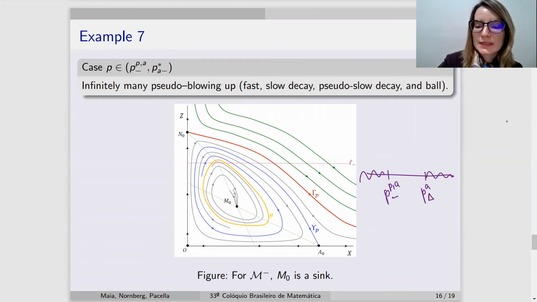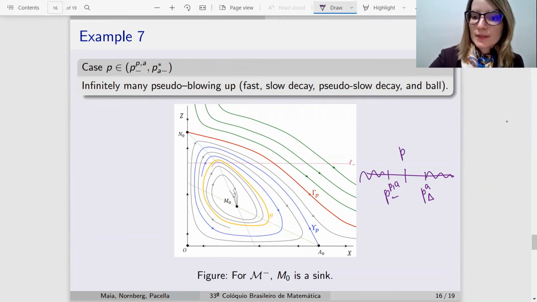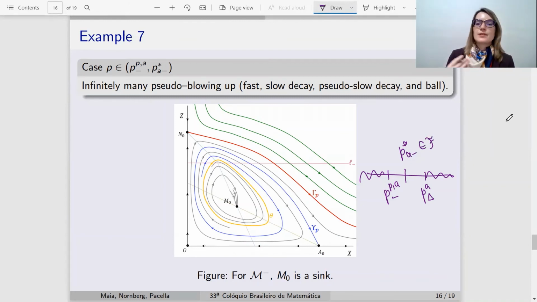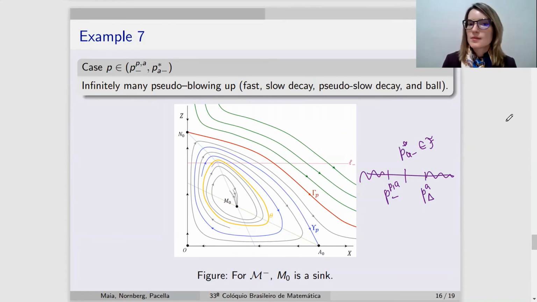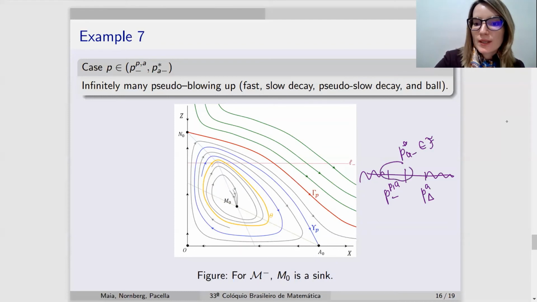Recall that by the Dulac criterion, we have all this range on the left-hand side of p_P and on the right-hand side of p_delta, in which you don't have periodic orbits. And because of this, it allows us to define this critical exponent here, which belongs to F, which is unique and gives us the threshold between existence and non-existence of solutions as before. But what is interesting is that in the subcritical case, which is this region here,